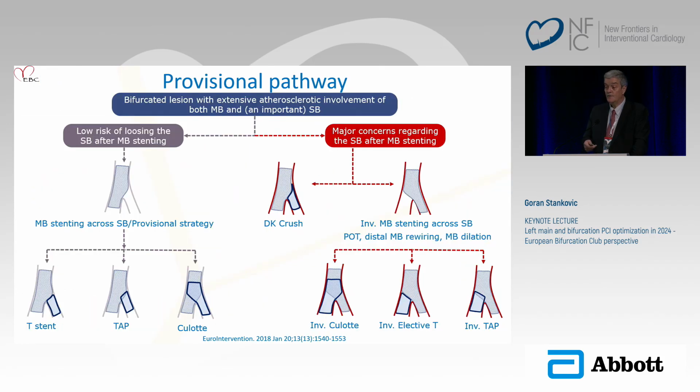And this is the provisional pathway, which is based on the estimated risk of side branch closure. If the risk is low, we suggest to do provisional, T-TAP and culotte. If there is a major concern regarding the occlusion of the side branch, then one option is to go directly with DK crush, the other one to do inverted culotte, stent from left main into the circ